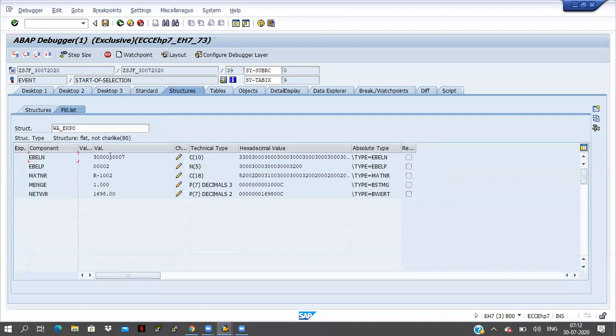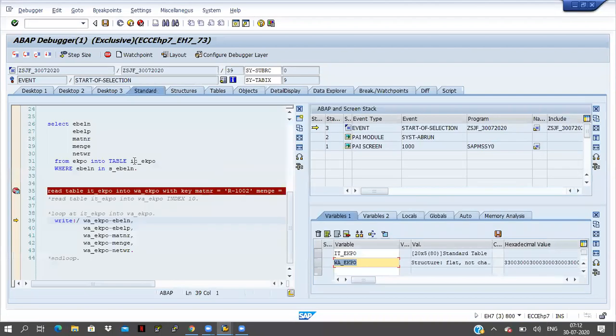Okay, so I'm getting the work area information like this. You can see here SY-SUBRC and SY-TABIX. You are seeing two records, so two fields here. SY-TABIX is a system variable; the system is providing this variable. So what is the use of this one? We can get to know the exact line number of the internal table. The ninth line. And SY-SUBRC is coming here.